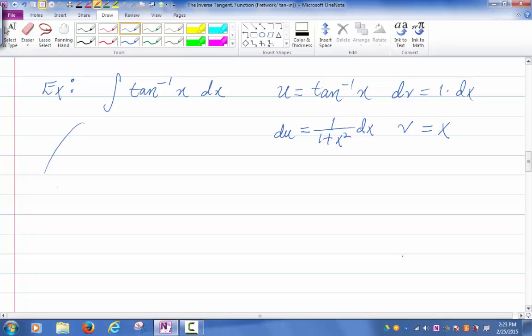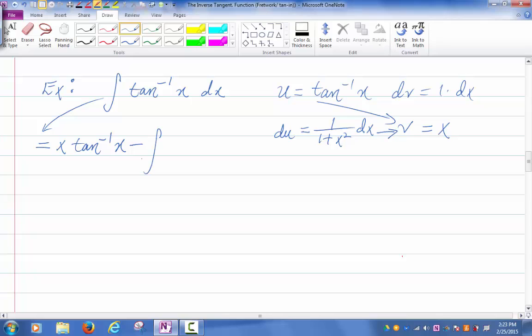Now, integration by parts tells you uv, so let me multiply u and v. And u and v is what? X times tangent inverse of x minus